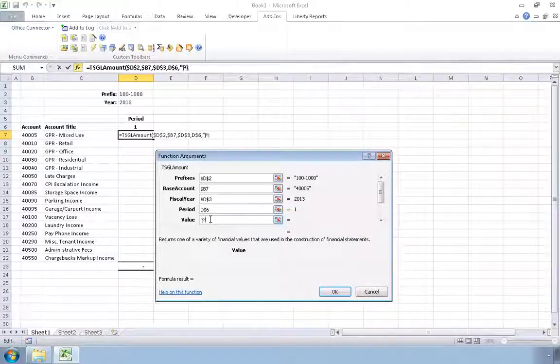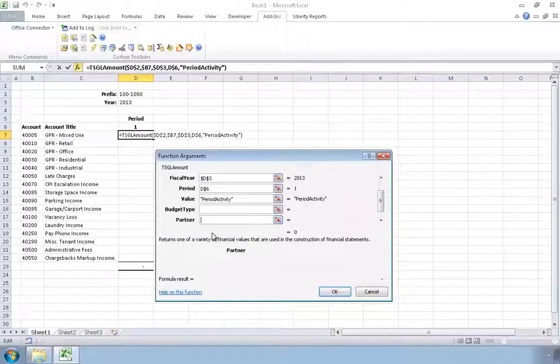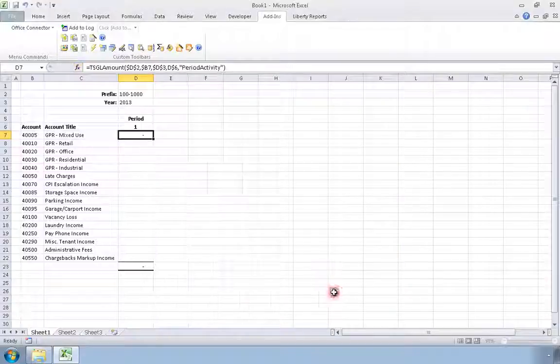In this case, I'll enter period activity because I want the sum of the activity for the period that I identified. Note that there are a couple of other arguments that I'm not using in this case. These would be used if I was working with budgets or producing a partner statement. When I click OK, the function is inserted into the worksheet, and then I can copy it down to each